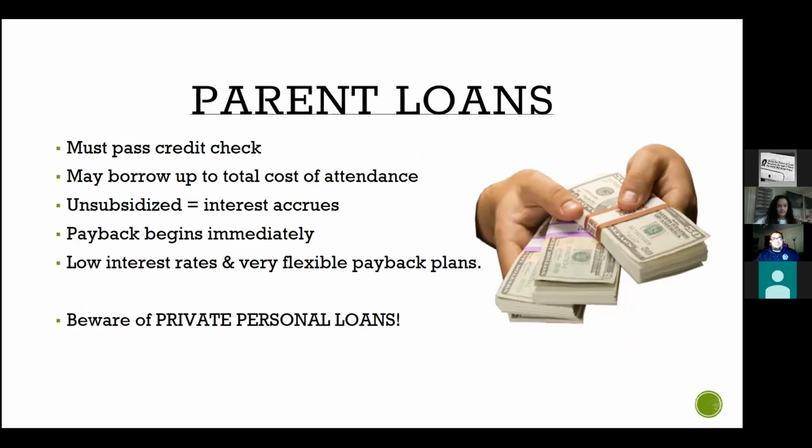So yeah, parent loans. Obviously, the subsidized and unsubsidized loans would be offered to you. There are other loans if you still need more money to pay for school. Your parents can actually take out a loan from the university as well. Again, unsubsidized loans. So obviously these are going to be gaining interest as soon as you take them out, and you can pay back immediately. So they start charging you pretty much as soon as you take it out. And the rates are pretty low, kind of like the student